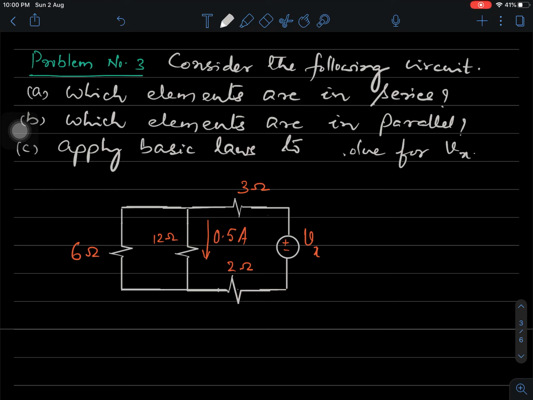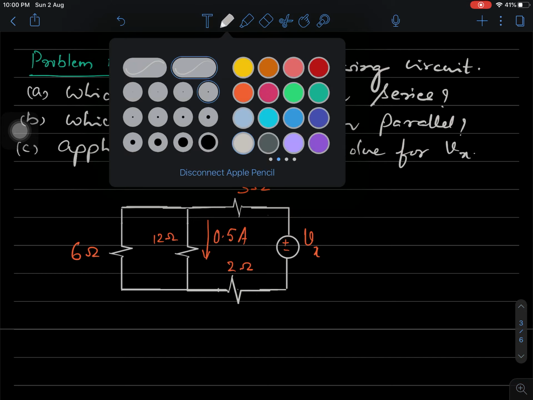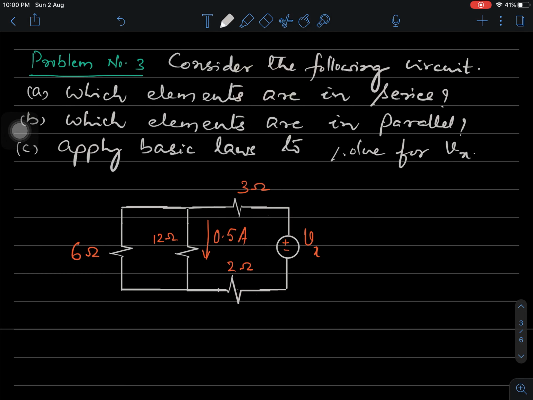This problem says, consider the following circuit. Which elements are in series? Which elements are in parallel? Apply basic laws to solve for Vx. So this problem is similar to what we have done previously. How do we do it? We are supposed to find Vx, right? So Vx obviously is